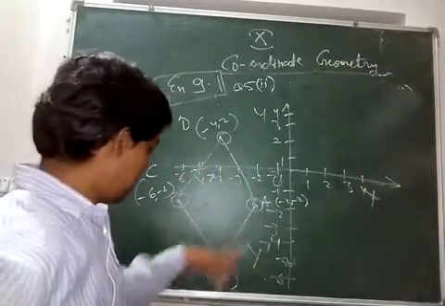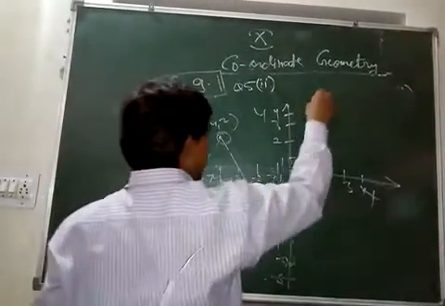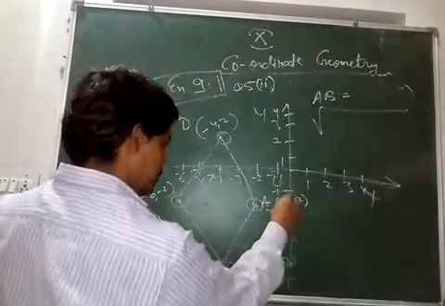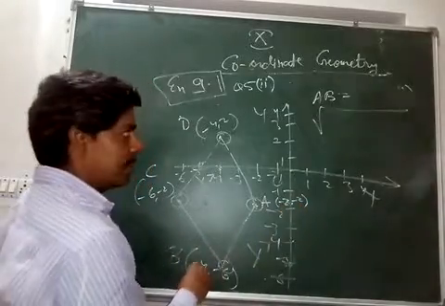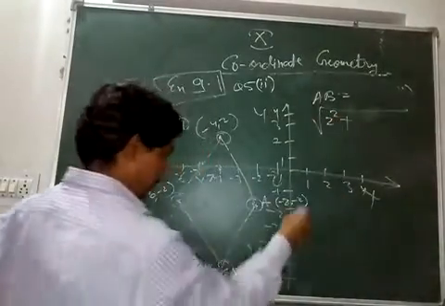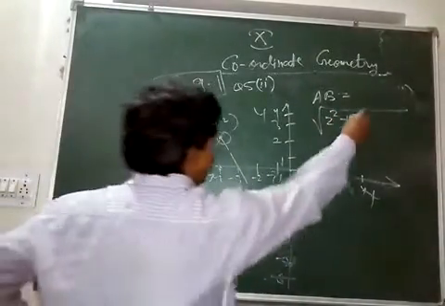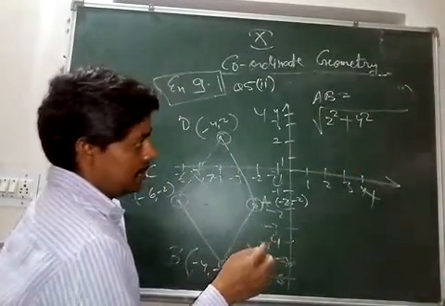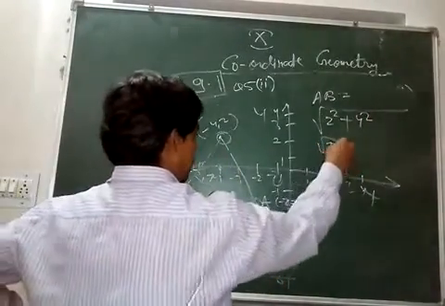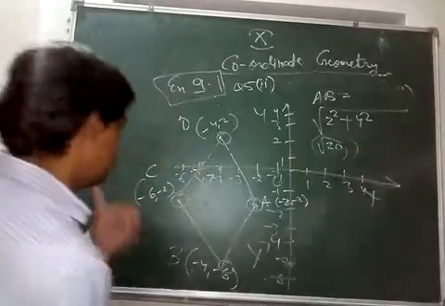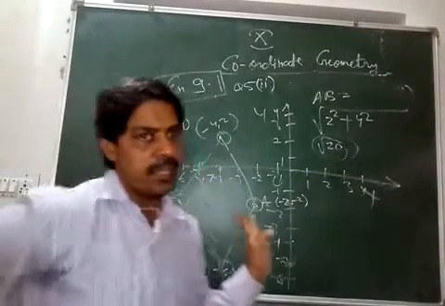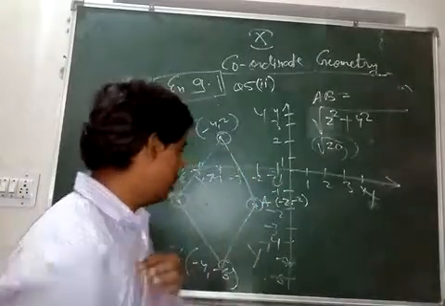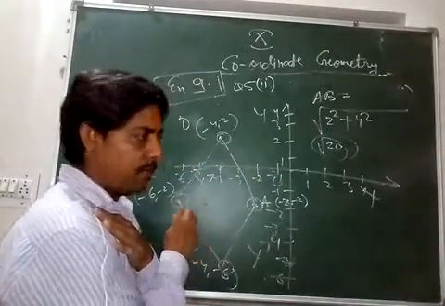So first let's check AB. Distance AB is the square root of -2 plus 4, that is 2, and -2 plus 6, that is 4. So what is 2 squared? 4 plus 16, that is root of 20. AB is root 20. Okay, and sometimes on the graph paper you can easily see whether it is a rhombus or not, but still we are verifying by the distance formula. In the exam you will have to use the distance formula if it is not a graph.